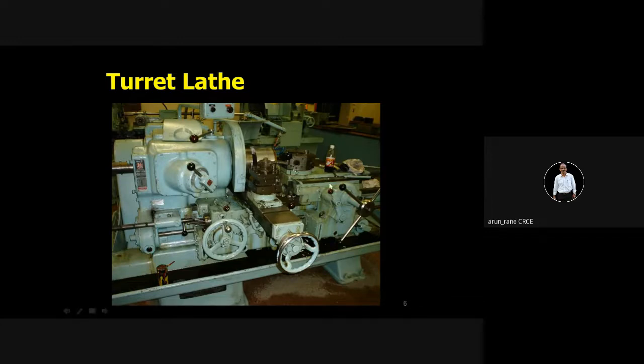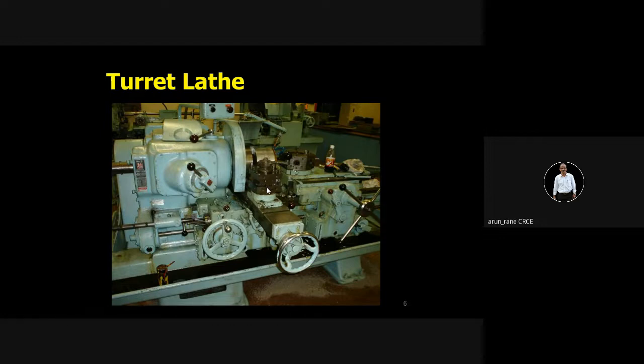Like here now you can use 12 tools. 12 tools, like from turret you can do drilling, countersinking, tapping, internal threading, trimming, boring. Boring means enlarging the hole. From here you can do OD turning, taper turning, one after the other.